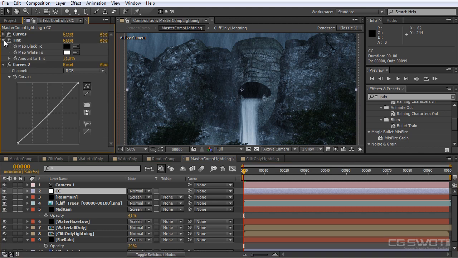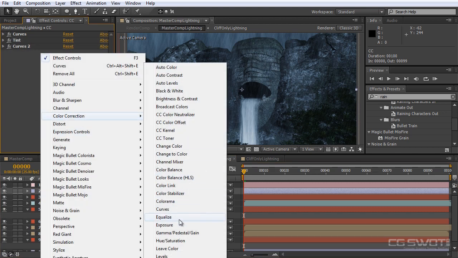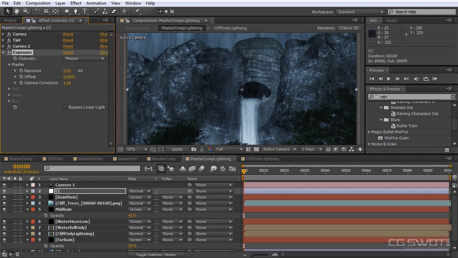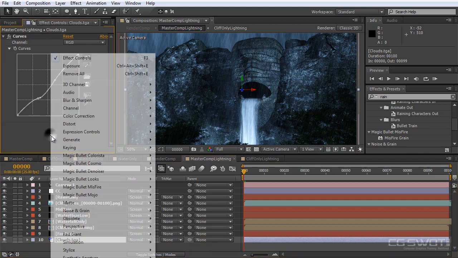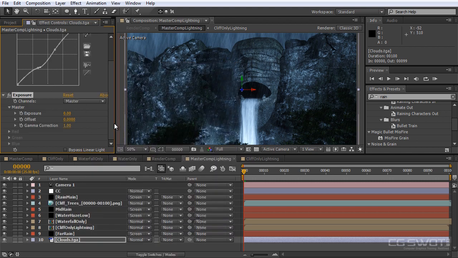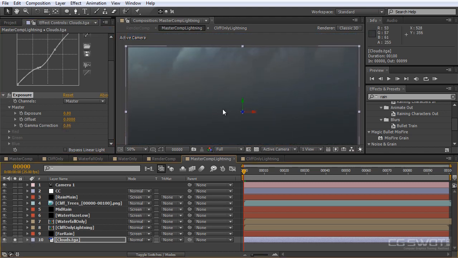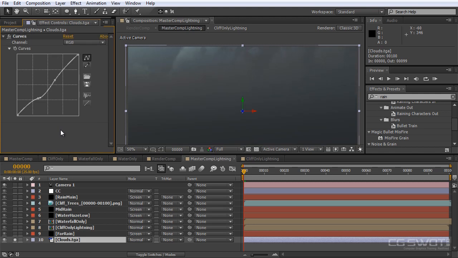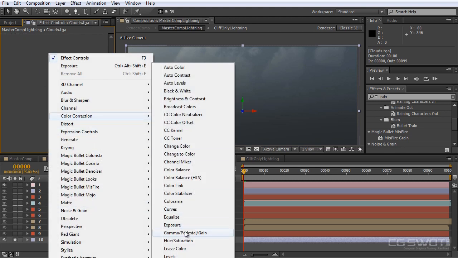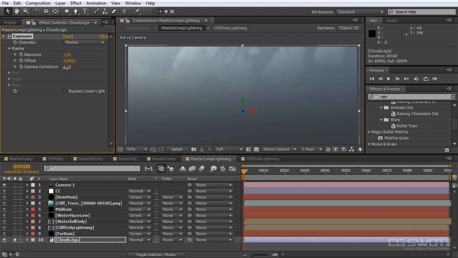Now we're going to go into our color correction. We'll leave everything as is, except we will add an exposure effect, and we're going to crank the exposure up a little bit, but we're going to gamma down a little bit on it. Something like that looks okay. And then also our cloud layer down the bottom, we're going to put a bit of an exposure on it as well. So color correction, exposure, and we'll go ahead and expose that up a little bit, maybe gamma down. We'll just highlight this for a sec. In fact, let's go ahead and get rid of the curves, color correction, just put a straight exposure straight on it, crank it up, gamma it down,